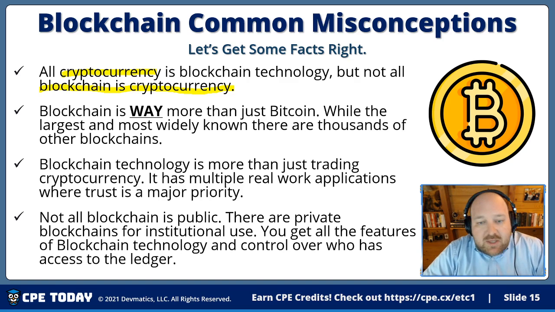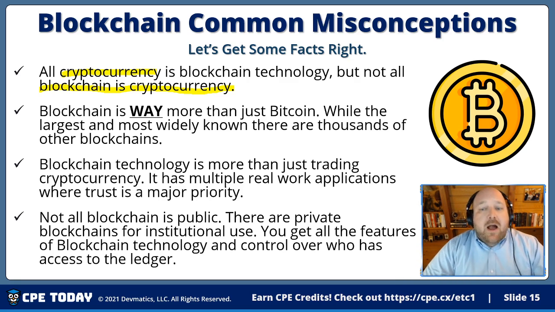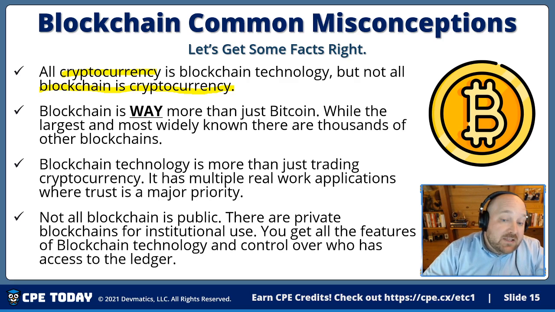Cryptocurrency, one of the ways you can think about it, it's typically a store of value in the same way that if I have a $100 bill in my wallet, well, I have $100 of units that I can use to go buy milk, eggs, or whatever else I choose to use. Bitcoin's the same way. It's a store of value. So with that store of value, I can choose to spend that Bitcoin however I choose to, whether it be buying a pizza or sending money to a family member overseas without having to go through a company like Western Union or something else. However, blockchain's more than that.